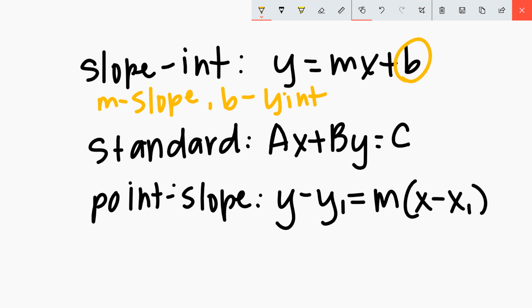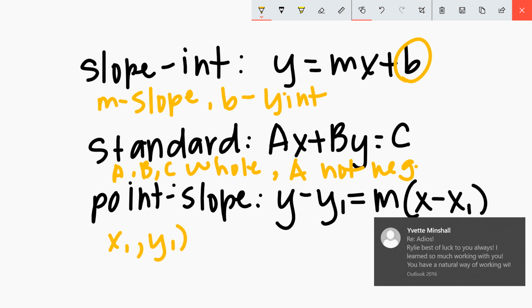Standard form, remember that a, b, and c are all whole numbers, and a is not negative. Okay. Lastly, your point slope, your x1 and y1,